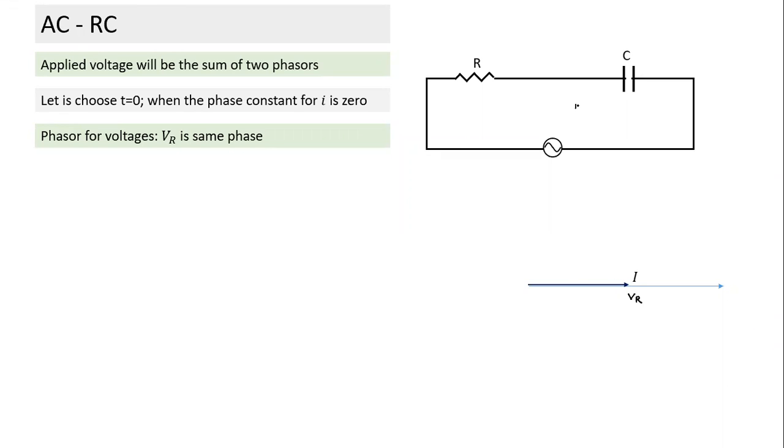Pranav, you have told me so much. Can you also tell me how the phasor of VC would be? In terms of phase, will it be in the same phase as the current? Lead by 90 degrees or lag by 90 degrees? Well, it will be perpendicular to VR. So VR and VC will be perpendicular. In this case, the current leads by 90 degrees, or the voltage lags by 90 degrees. So when I draw the phasor of VC, it will lag by 90 degrees. I is like this, VR is here, and VC will be like this.